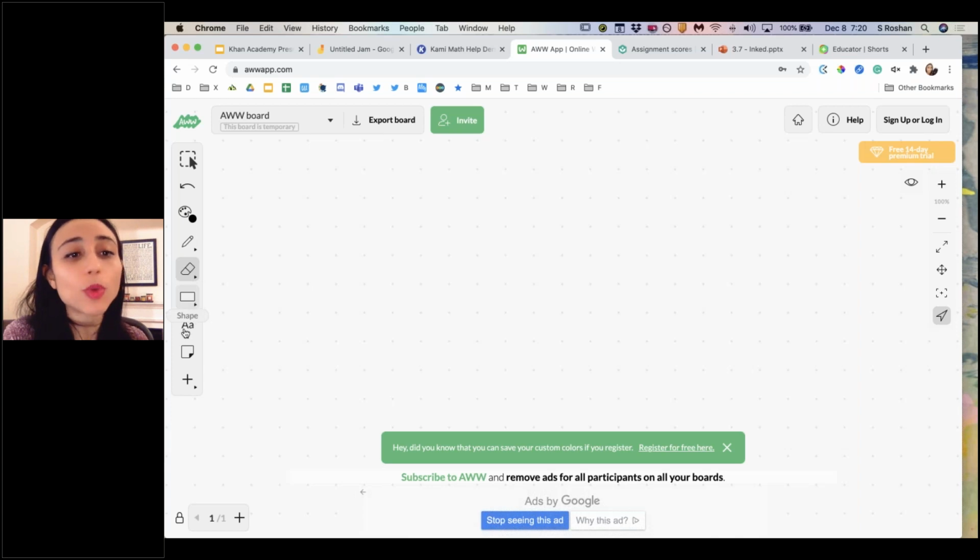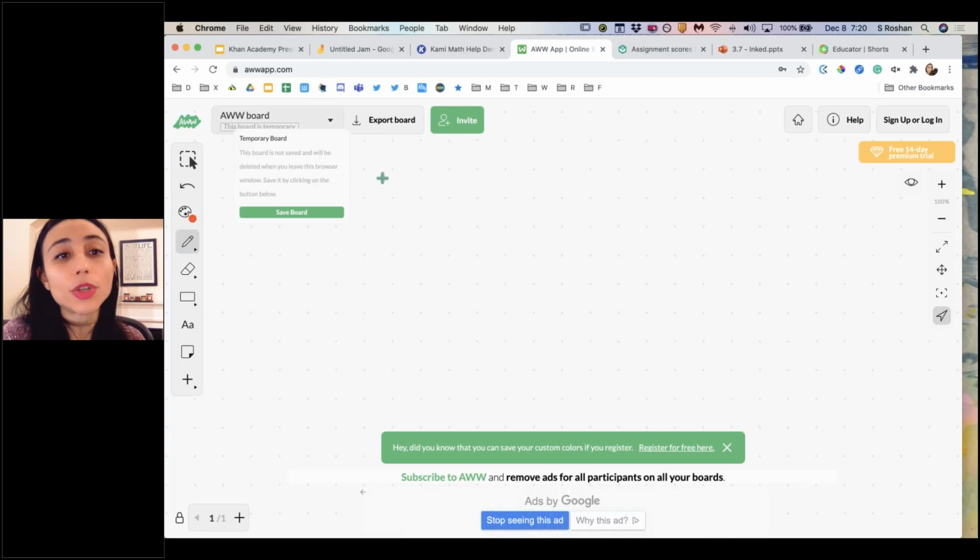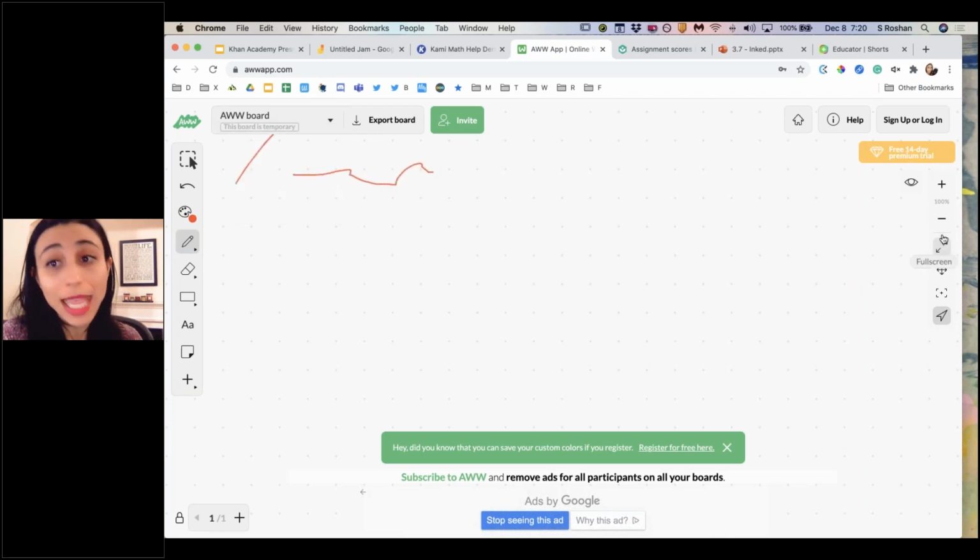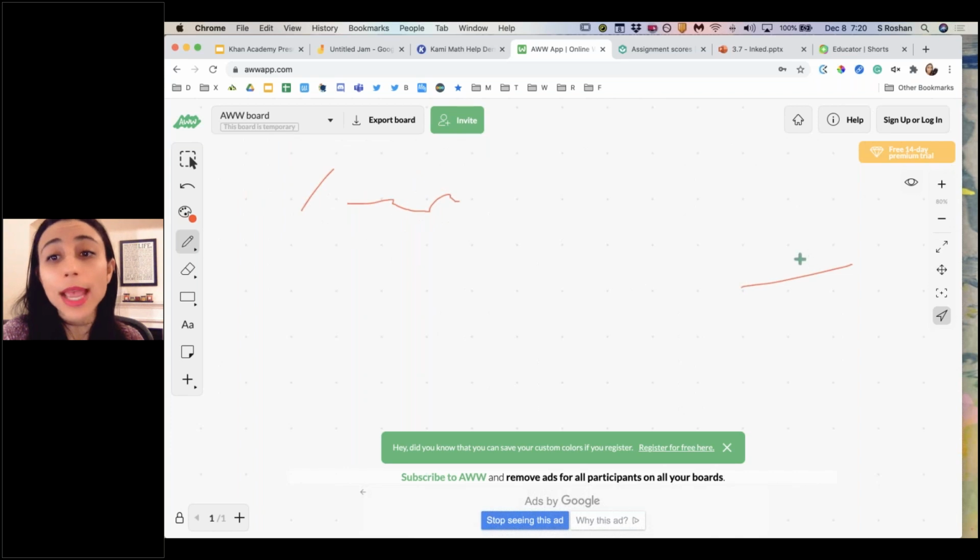Again, you have some shape tools, and then you have some text. What I like about this app too is that as you're writing, you can be doing a problem. Let me change the color. Like over here. And then what you can do is you can actually zoom in and out, and you can write on different parts of the board. So I can be zooming out, I can move my writing over here too. Then I can move my whole board over.